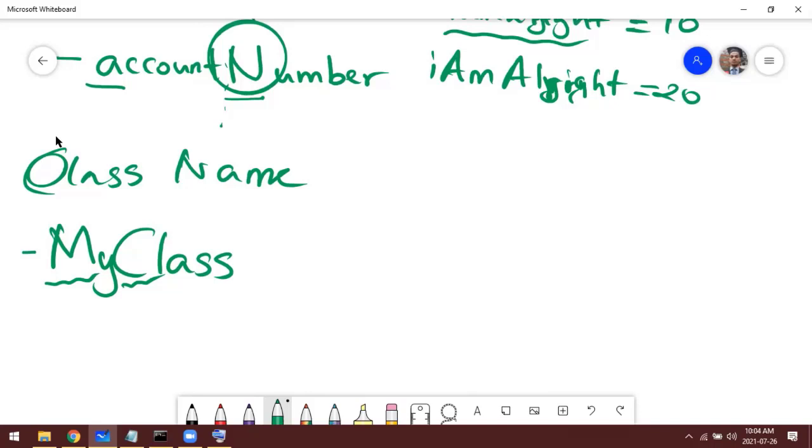It's one standard. Another standard, keep it meaningful, right? Keep it something meaningful. It doesn't need to be very lengthy or very small. A is equal to 10, then we don't know what is A, right?